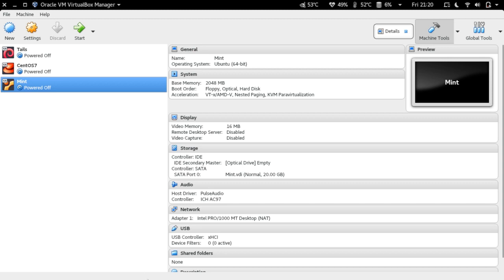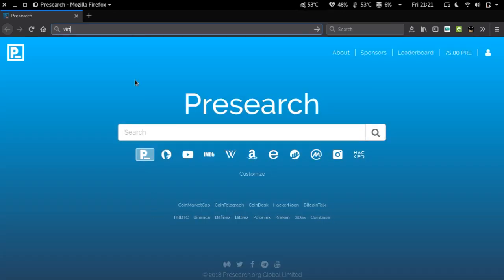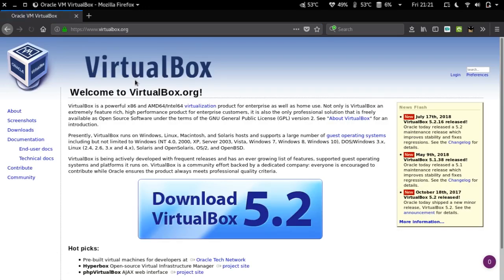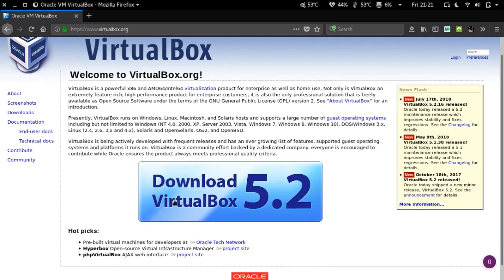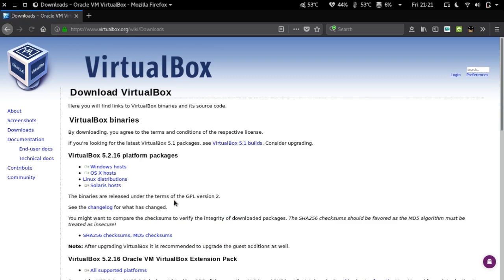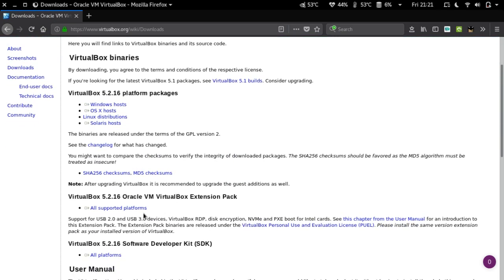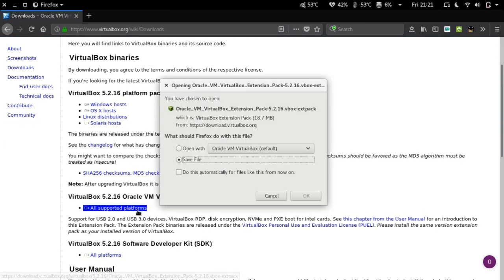So to install the extension pack, you need to go to the VirtualBox official website of course, and in the website go to downloads and scroll down to see the VirtualBox extension pack for all supported platforms, and download it